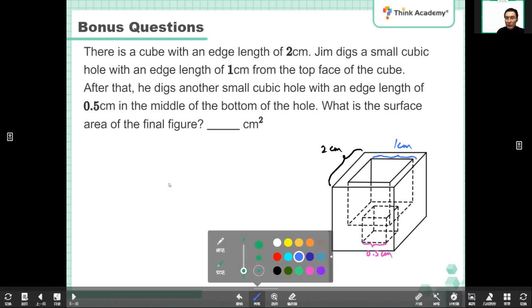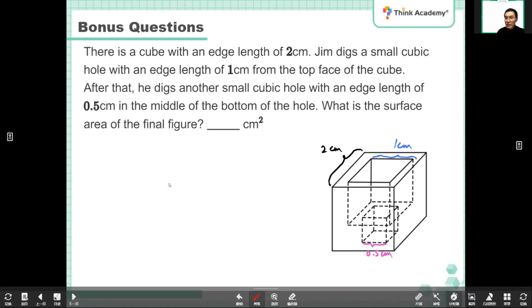So this might require some spatial imagination, but let's see if I can draw it clearly. I am confident with my drawing. I'm an artist after all. With this, let's look at the smallest cube right here. It's been dug out, so it's not there. It's hollow, right? So if you look at the bottom face over here, the face I've marked red, the bottom face of the 0.5 times 0.5 times 0.5 cube,